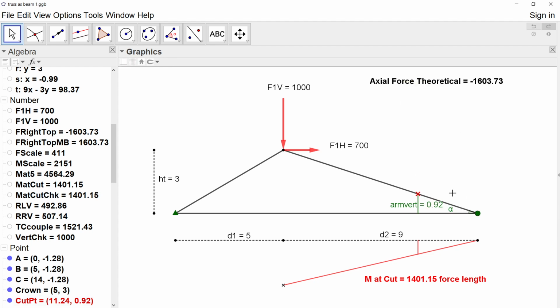I still have to think a little bit about the compression. So the bending moment diagram of this thing as a beam includes the horizontal reaction, the horizontal force here, excuse me. So here's my cut point, and as I move all the way up to here, I get 4564, and as I move down to there, it gets to be 0, okay? Now, there's a vertical arm in here,